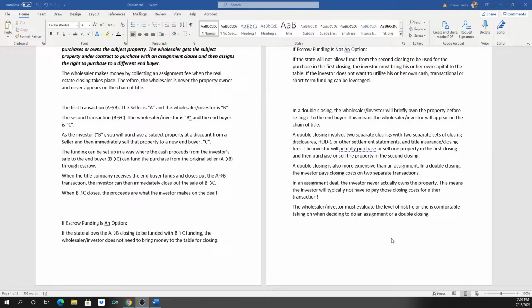A double closing is also more expensive than an assignment. In a double closing, the investor, and sometimes it may be you, agrees to pay the closing costs on